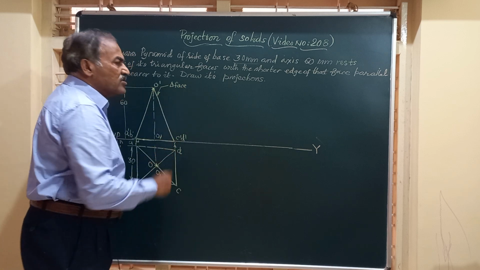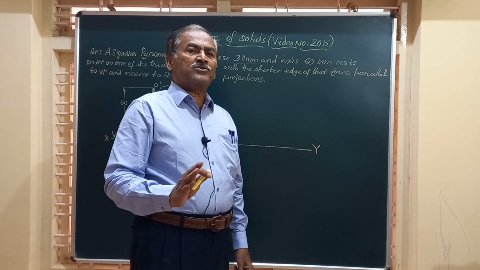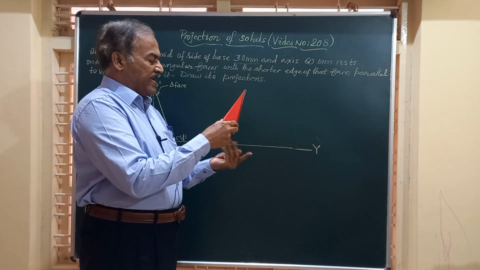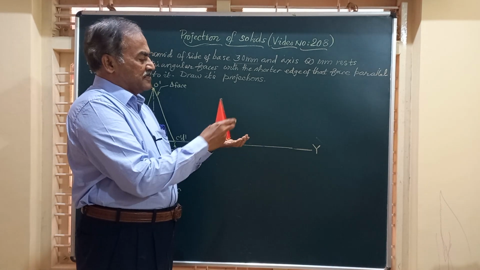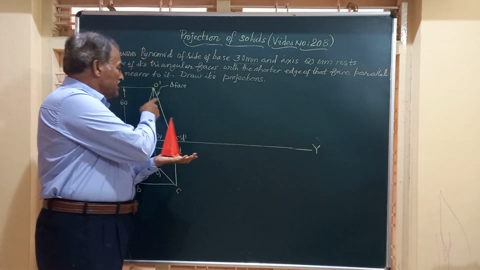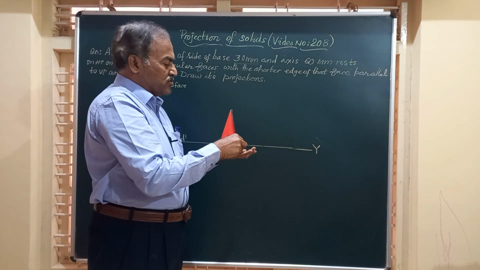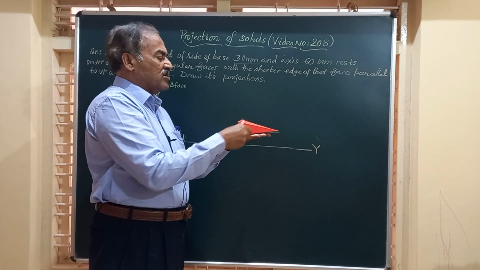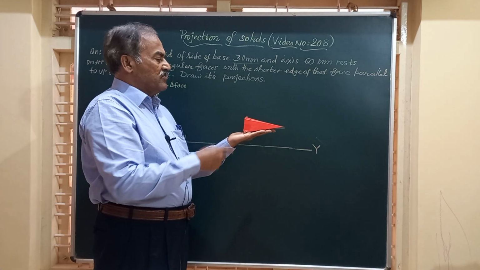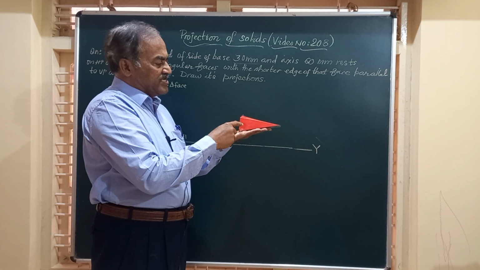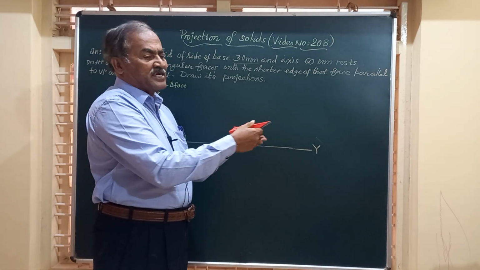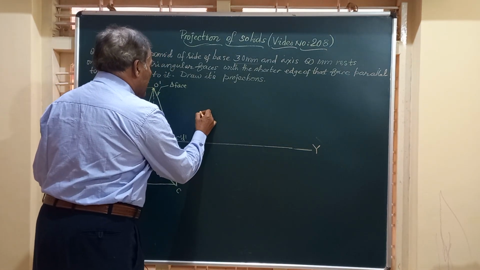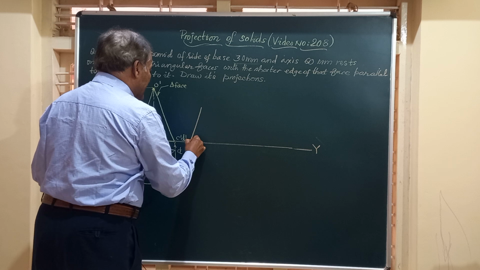Now it is at an angle to HP, but he says it has to be on HP. In other words, this triangular face, O dash, C dash, D dash, has to be on HP. So I am going to make it rest on the HP. So friends, when you make it rest like this, it is resting on HP on one of the triangular faces. That is OCD. So friends, what I do, I just draw a triangle here,